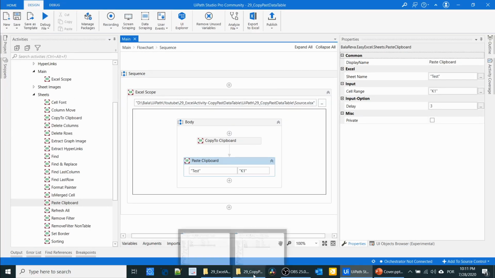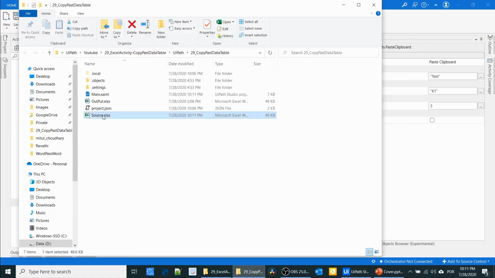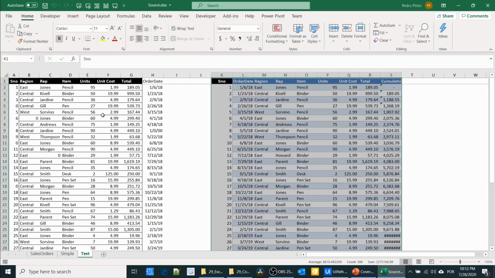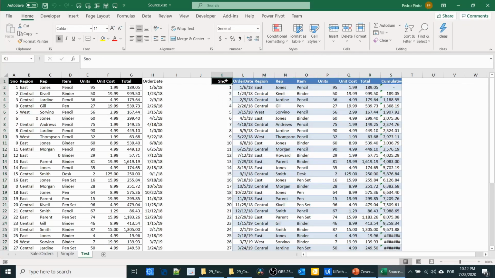Okay, let us check the result. See, it's copied with format, and here you can see the formula also. So this is the way you can copy paste inside the Excel.